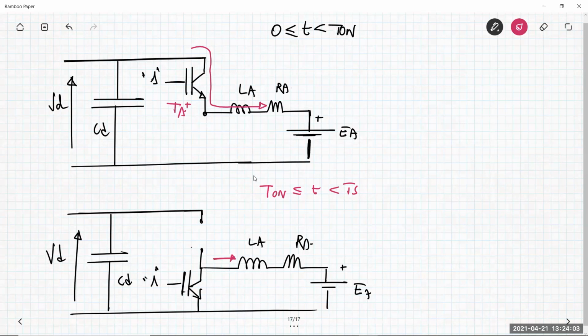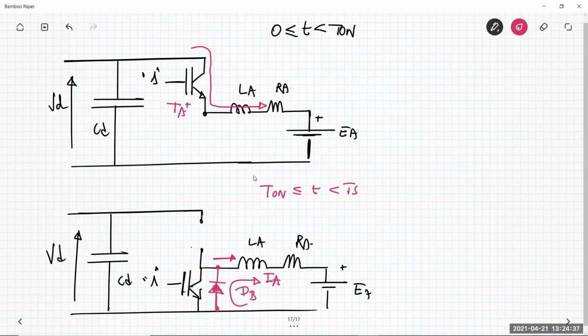The current is conducted by the diode. Okay, because the IGBT cannot make current flow from the emitter to the collector. Okay, so this is not possible. So the current basically is conducted by the diode